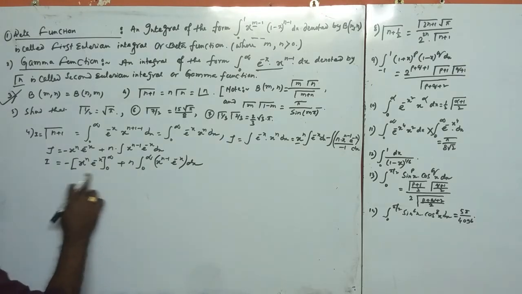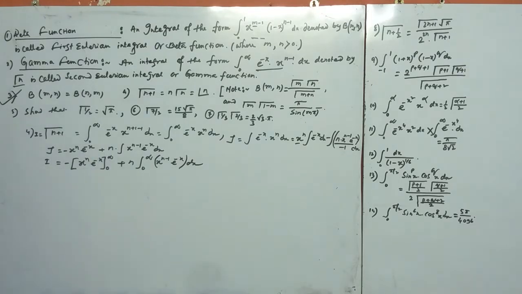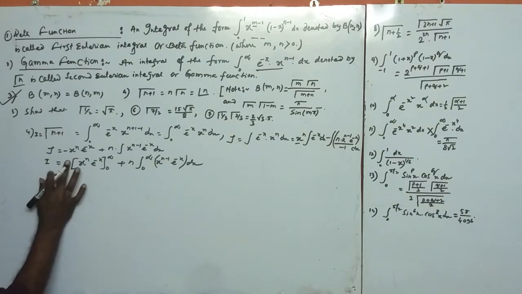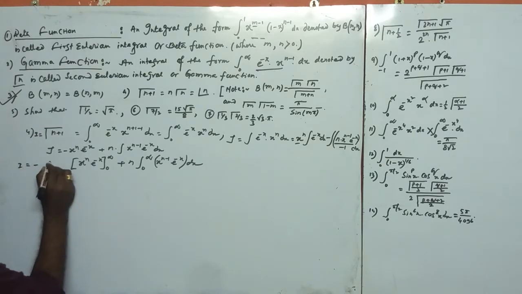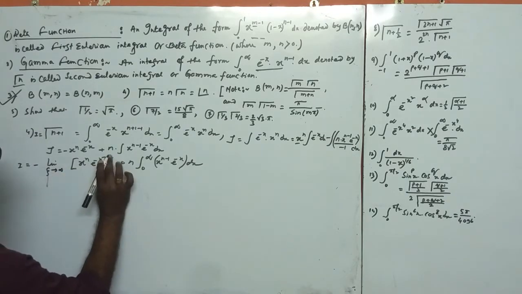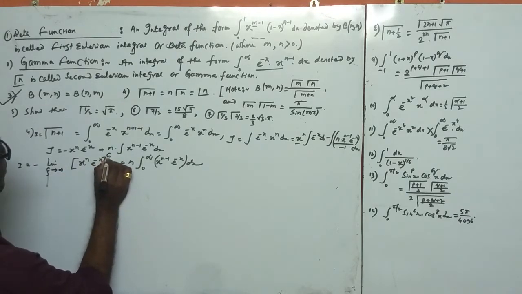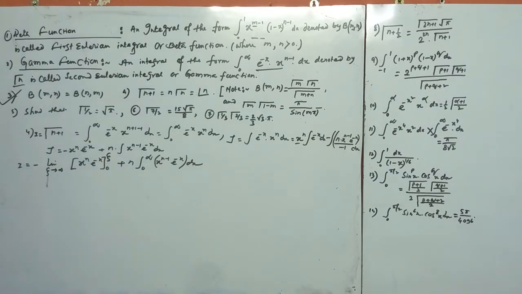Now this is 0 to infinity, so it is not written like that. So I is equal to, we have to write the limit as x tends to infinity. This is the best procedure. Now if we use this formula,